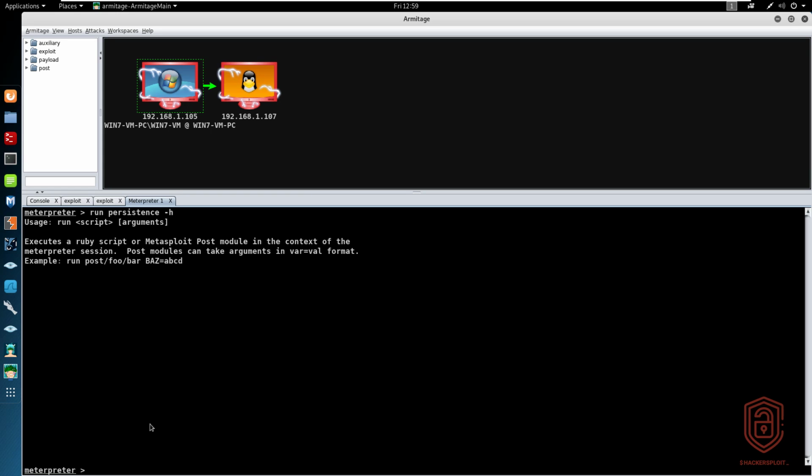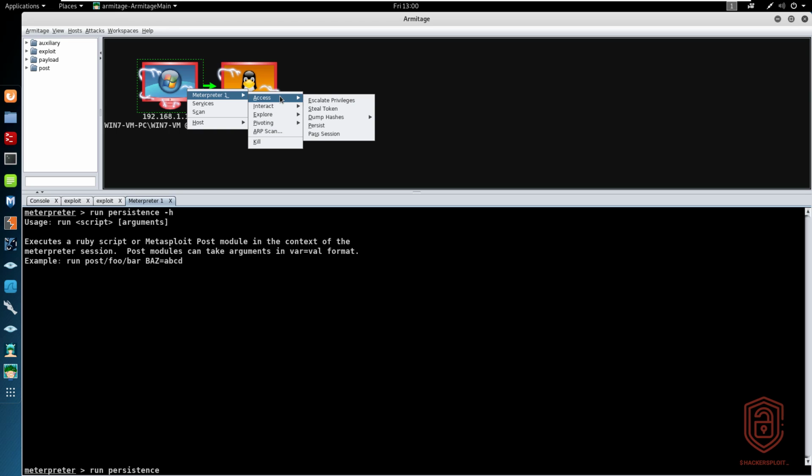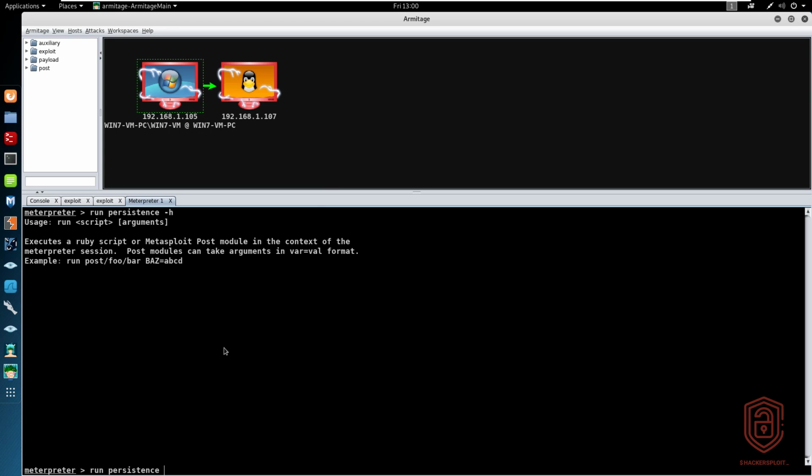So if I want to run persistence on a particular target, I first need to make sure I have admin privileges. That's the most important thing first. The second thing is I can essentially set this up by typing in run persistence, right? And of course the reason I'm showing you the commands, because you can also do it right from here. I believe it does give you the persistence module. So there we are, persist. So it does give you the option to do that as well, but I'm going to be showing you how